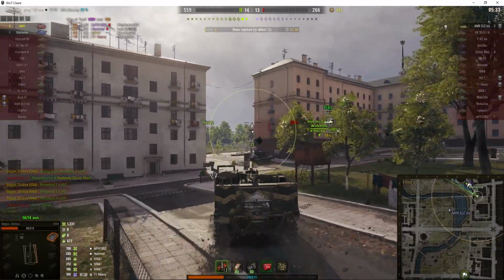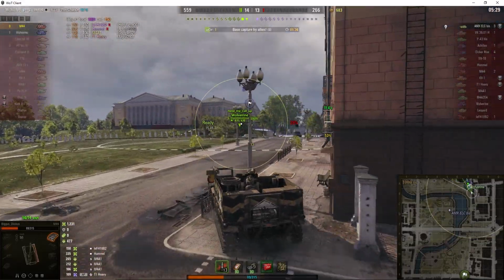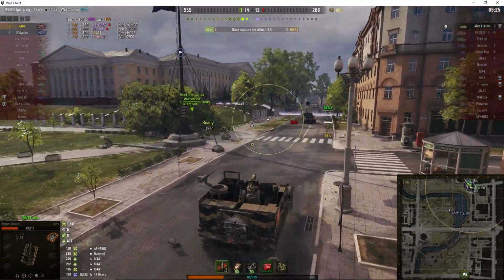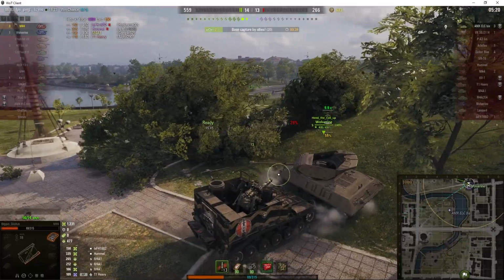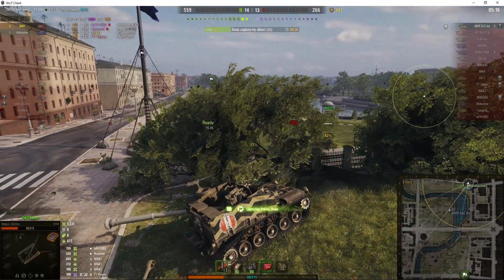Hopefully, if the AMX ELC is at the other end, he won't try to cap because he's on his own and he wouldn't be able to cap out against us. And now we've got 2 in the cap. It's really difficult. The Wolverine has set up a nice little camouflage nest. I'm going to get in behind the nest, but I'm then going to back up and...